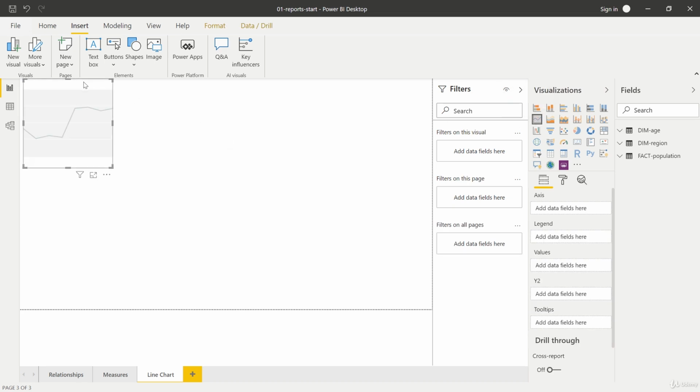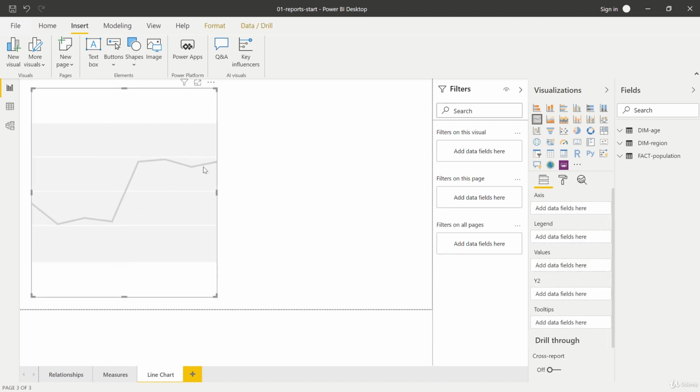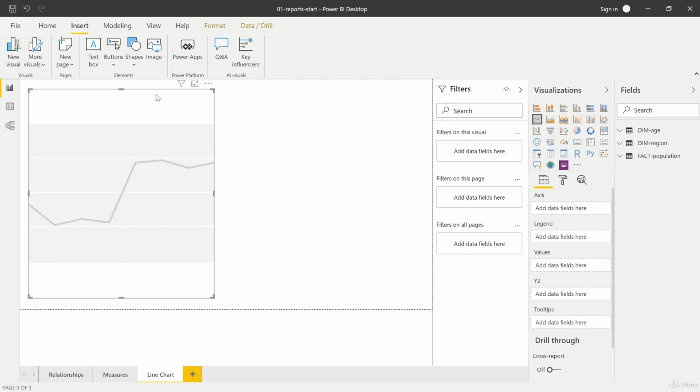Now we again have this tile and you saw this already. We can play around right here and we can increase its size a bit, maybe like this. Yeah, I guess this is fine for the moment. Now we need information in this line chart. You saw this on the slide already.